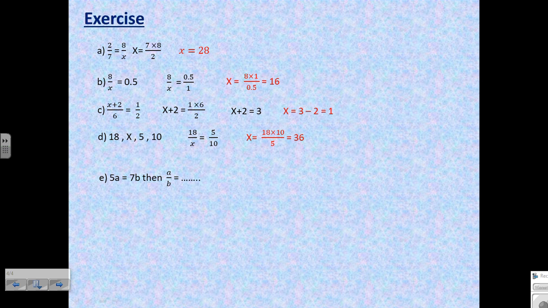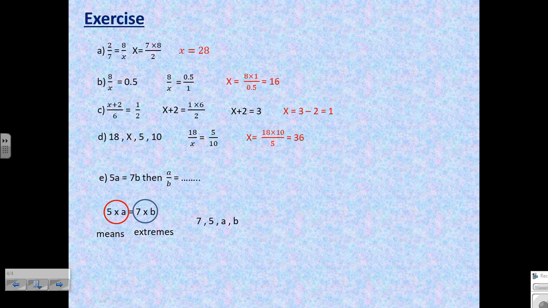E. 5a equals 7b, then a over b equals what? Okay, here it's a little tricky. 5a equals 7b. 5a means 5 times a and 7 times b. So here we have the means and the extremes. Let's rearrange them. We will put 7, 5, a, and b. And as we know before that